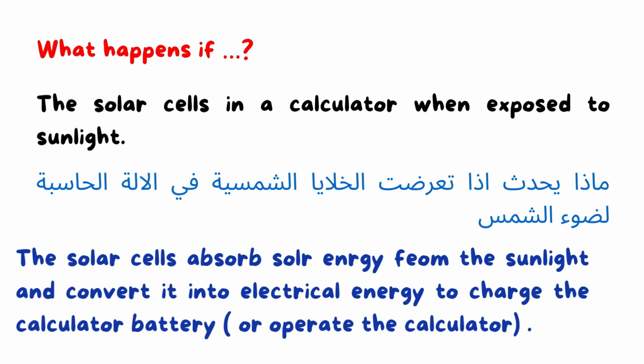So the solar cells absorb the solar energy from the sunlight and convert it into electrical energy to charge the calculator battery or to operate the calculator. Okay, so you can say the solar cells absorb solar energy from the sun and convert it into electrical energy to charge the calculator battery or to operate the calculator. Okay,